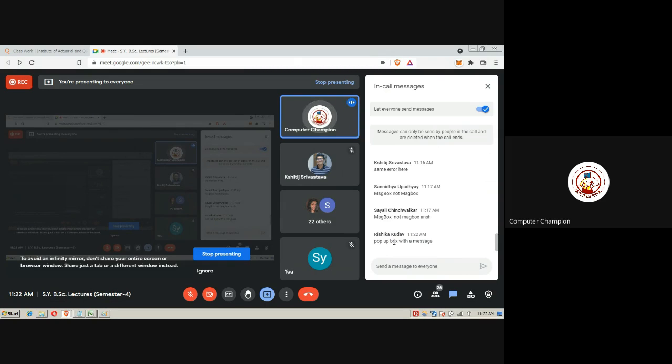Pop-up box with a message. Okay, a pop-up box with a message is fine, but a message box is basically a pop-up along with your variable value which you are returning in a function. You can say it like that. And message boxes are of different types. We have an input box also, in which you supply the value to a variable. We have a message box, which is an output box to display the value.